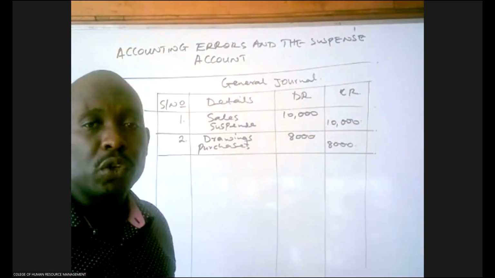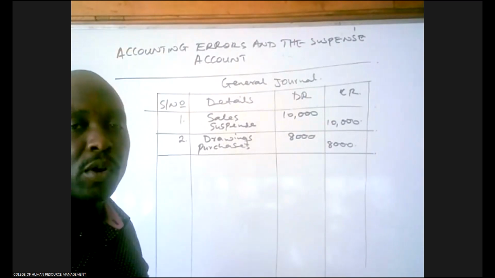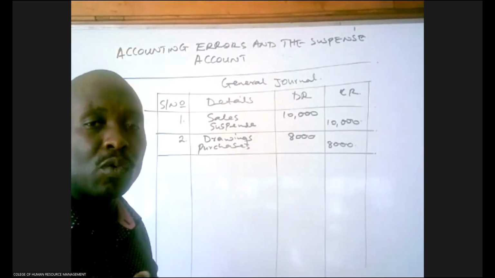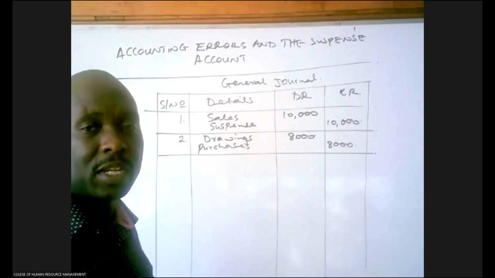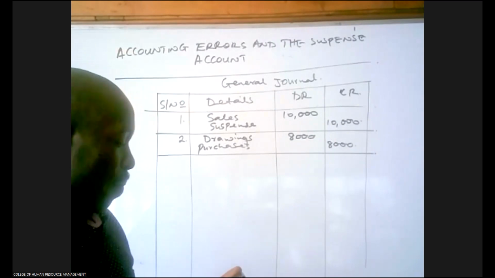Being an error of omission, corrected. Note that anytime the owner takes goods for personal use, it reduces purchases. Purchases that were debited, now we credit because it is going to be a decrease on that account. Number 3,